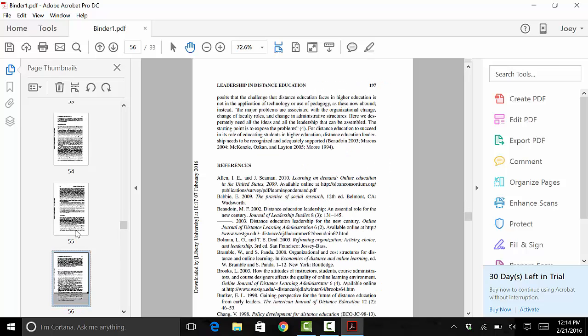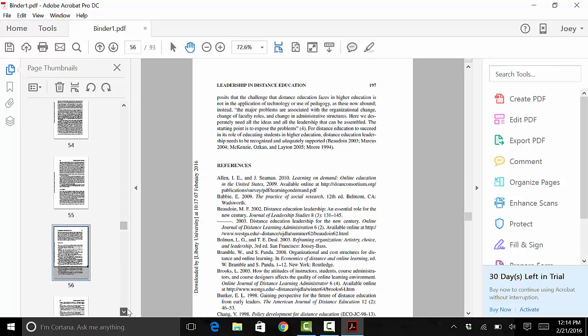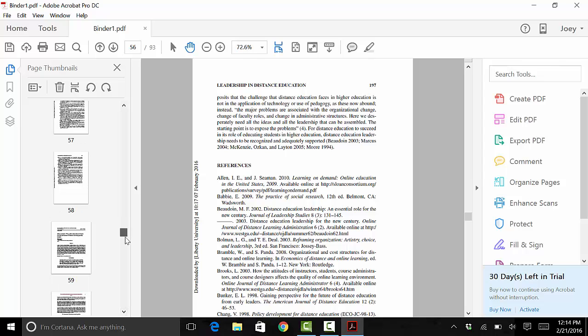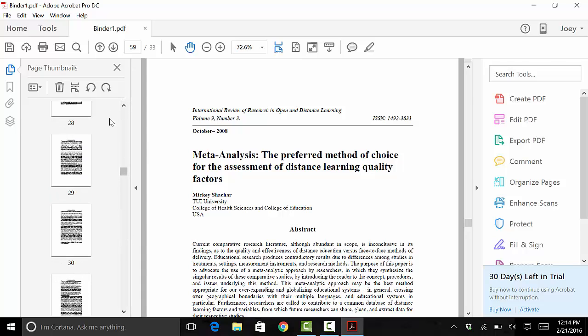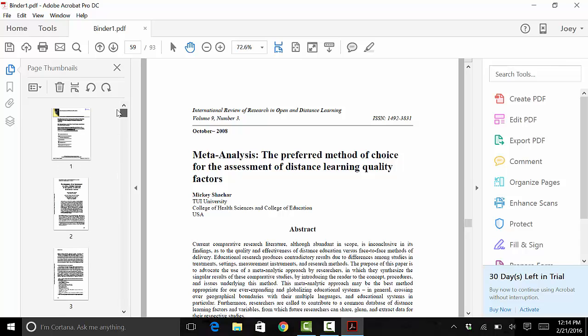Another benefit of these thumbnails, if I wanted to get to a specific journal, I could just scroll through these thumbnails and then click on what journal I wanted to see instead of necessarily having to scroll through all 60 pages without the thumbnails up. Another cool thing we can use Adobe for is inserting files in a place that we